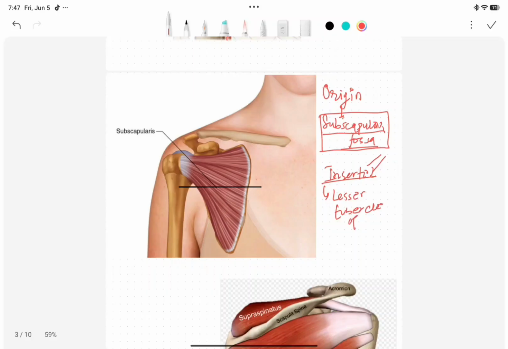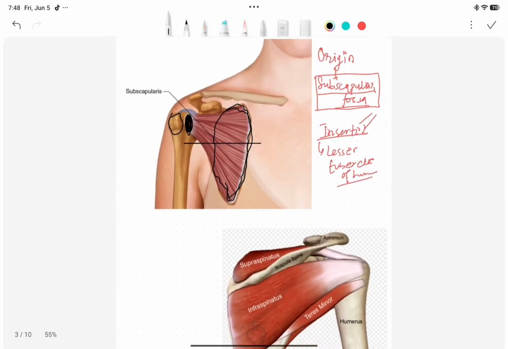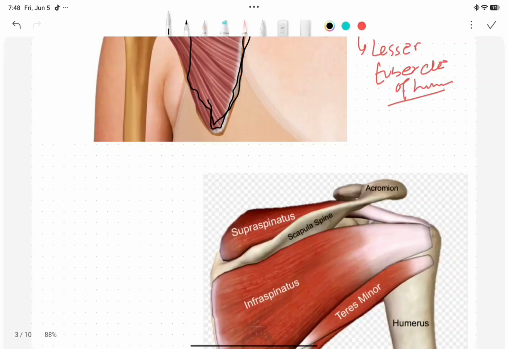This is the lesser tubercle of the humerus, and this is the subscapular fossa. This muscle originates from the subscapular fossa and is inserted into the lesser tubercle of the humerus. This is the greater tubercle, and this is the lesser tubercle. This is the anterior rotator cuff muscle that helps to stabilize the